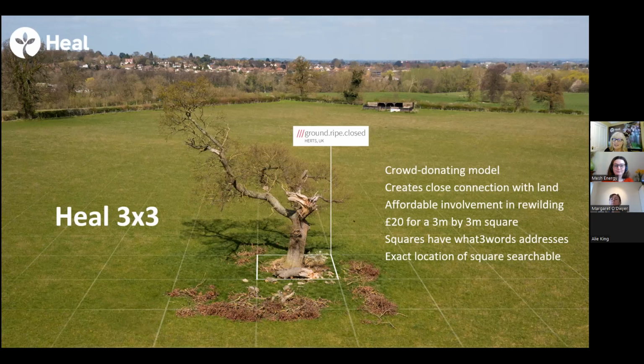Oh, the other thing to say is that you can program a drone. So if you don't know what 3 Words is, it's an addressing system. It identifies a very small area, so you're sitting on a What 3 Words address, 3 meters by 3 meters. They have 3 words. Hertfordshire isn't in our search area, but here's a good example. And you can program a drone to lock onto a What 3 Words address and photograph it, which means that we can photograph squares of people. And we'll also train volunteers to survey squares as well.